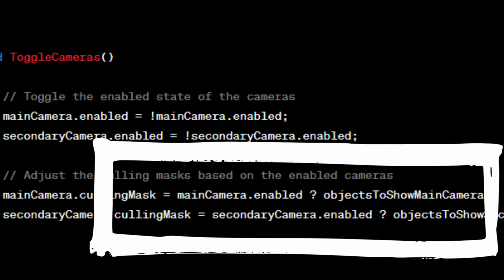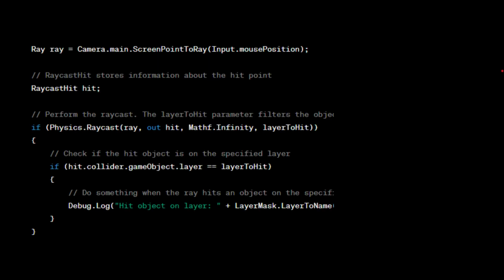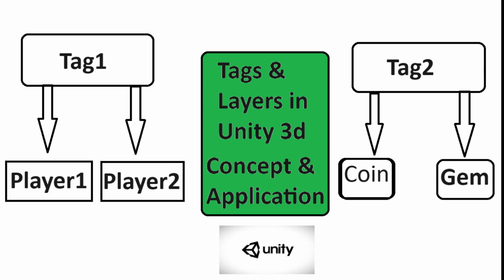rendering setups. Optimization. By carefully assigning layers, you can optimize the performance of your game. For instance, you can set up layers for objects that are not meant to interact with each other, reducing unnecessary physics calculations. In summary, both tags and layers in Unity provide a way to organize your game objects and streamline